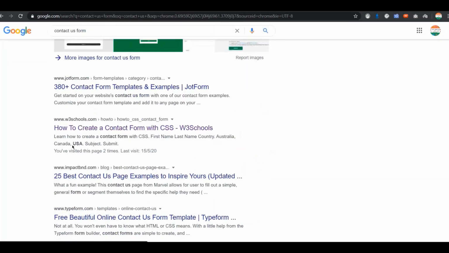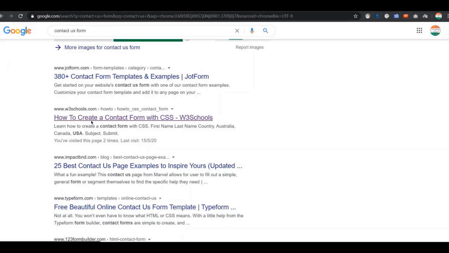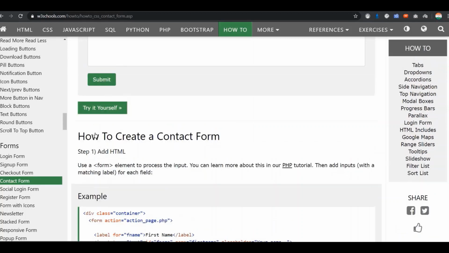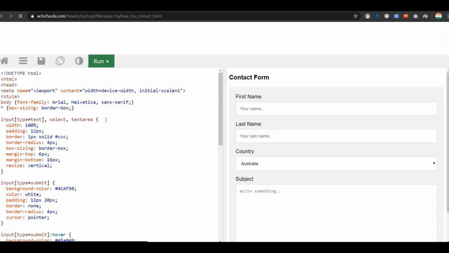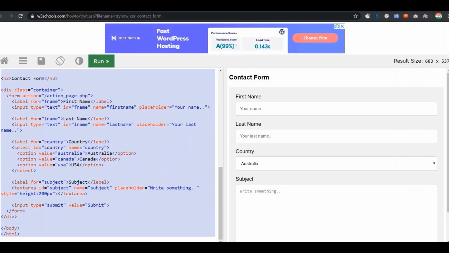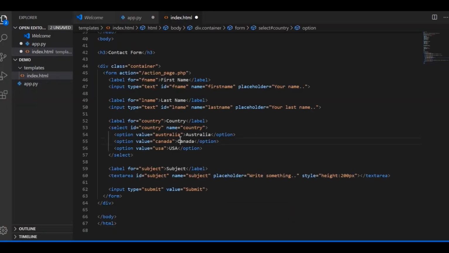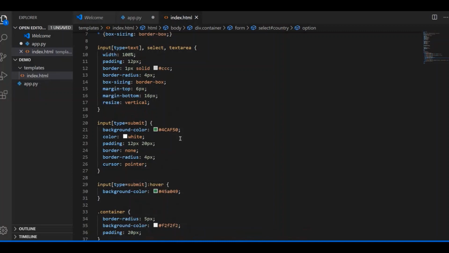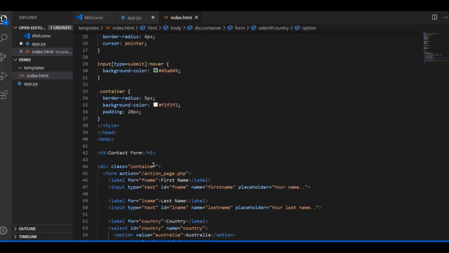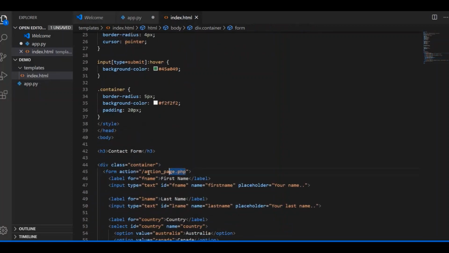Here I will go down and open W3 Schools, copy this code and paste it here in index.html. I will save it, and I will remove this accent.php as we are not working with PHP here, and I will just save it.